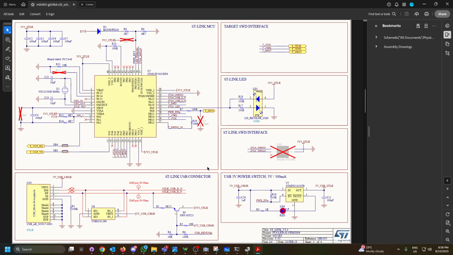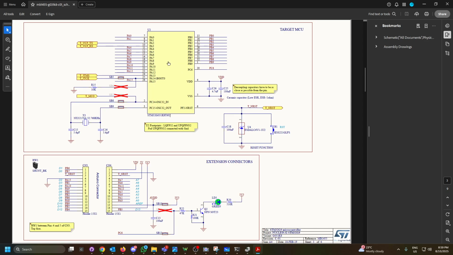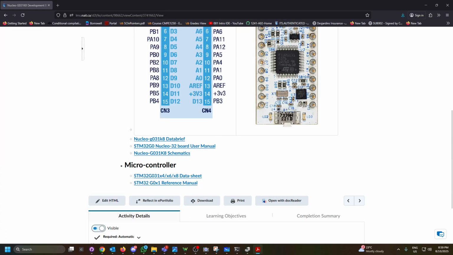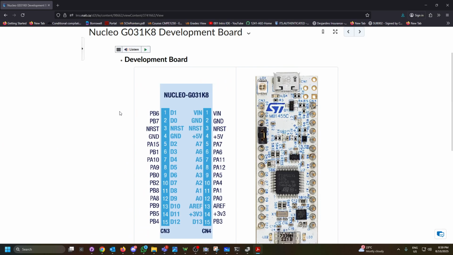So if we scroll to the next sheet, this refers to the debugging microcontroller. See, we're not really going to be dealing with this guy. This guy has its own firmware or program running, and it's solely used for interfacing the actual microcontroller with the computer and the IDE, as I explained before. So we're mainly going to be focusing on this guy. The schematics are here in case you want to take a look. Okay,